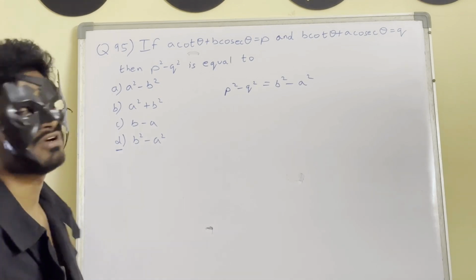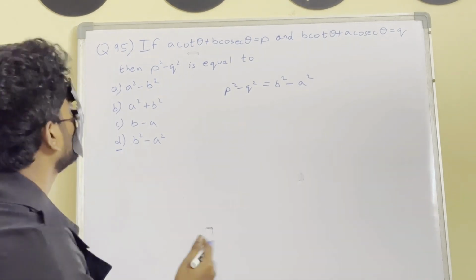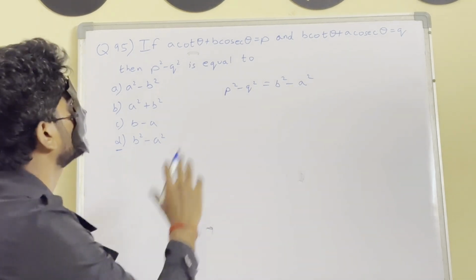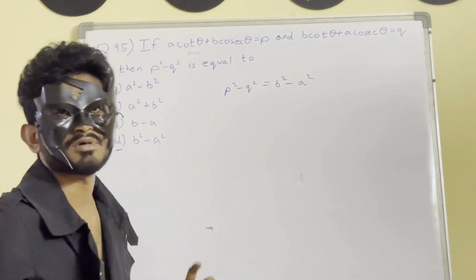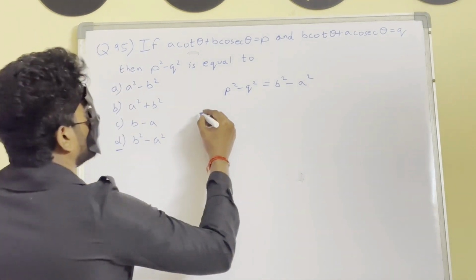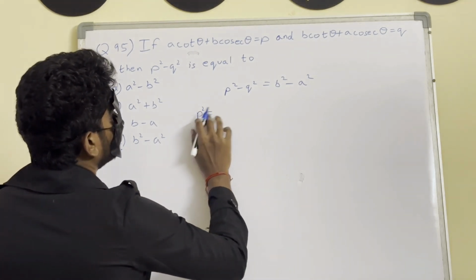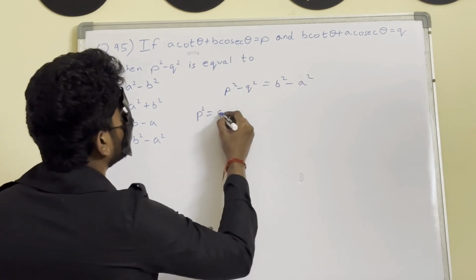Suppose in case you forget the formula in the exam, then we will solve it, but it will take a lot of time in solving this. So it's better to memorize those formulas. So now P square minus Q square is nothing but